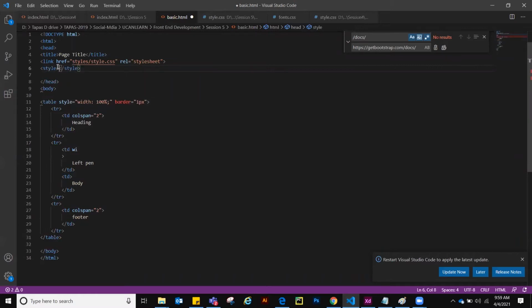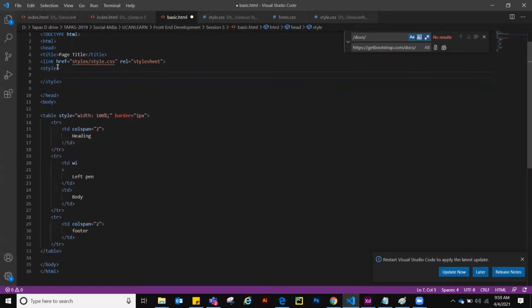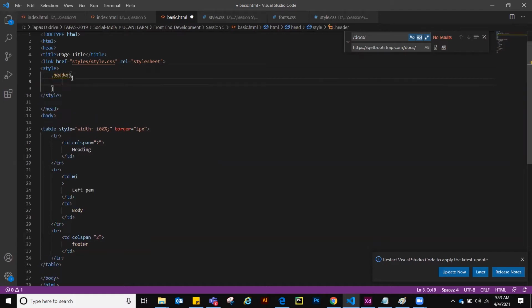Style. This is the most easy and most convenient way to write style. Okay, so suppose the first class will be dot, and you need not write this. The most interesting part is that you need not write this by hand, because there are a lot of frameworks that have already written this code for you.